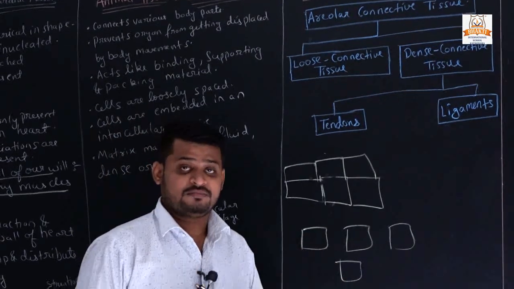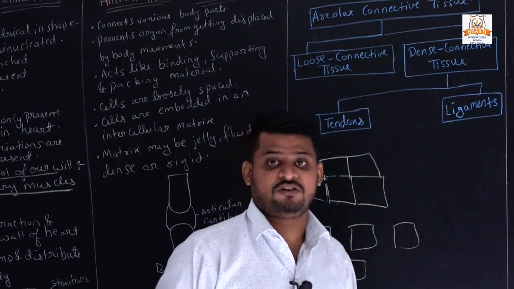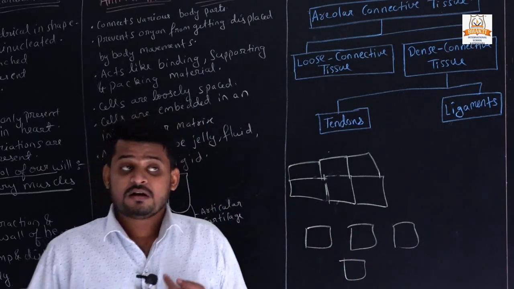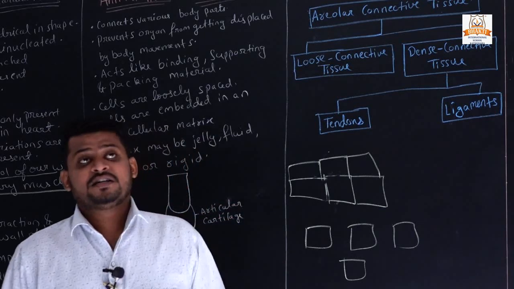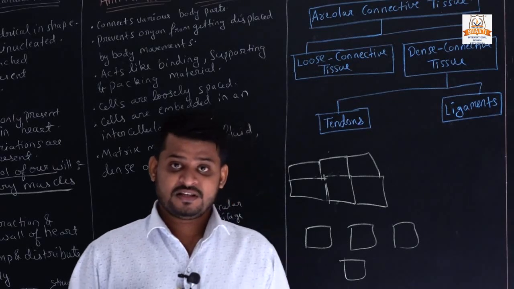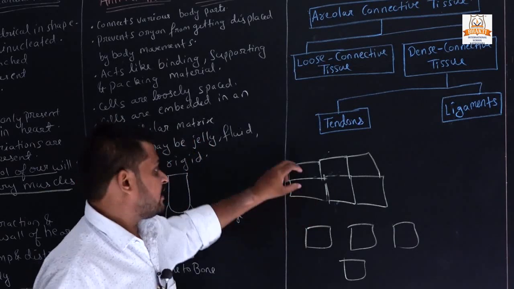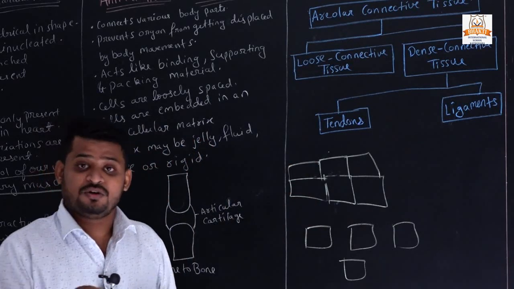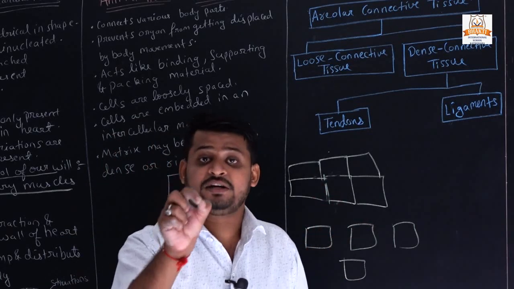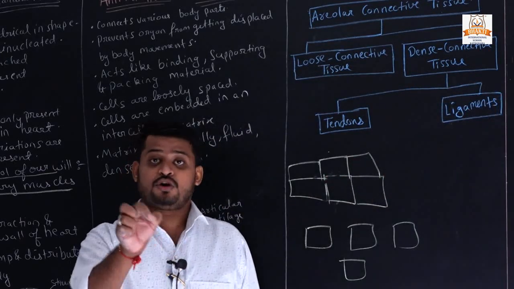At our home, the house is fully made up of bricks, but when we push the wall, it doesn't fall down, but in this case it will fall down. Why did it fall down? You will say, sir, you gave us bricks, but you didn't give us cement, and cement will connect the two bricks with each other. So in this example, the cement is a connective tissue that connects the two bricks and makes a strong wall.